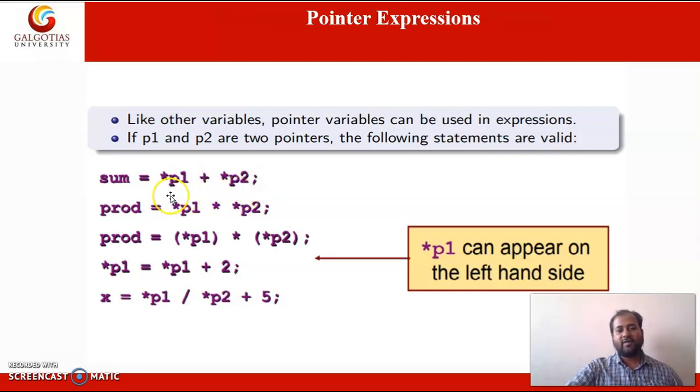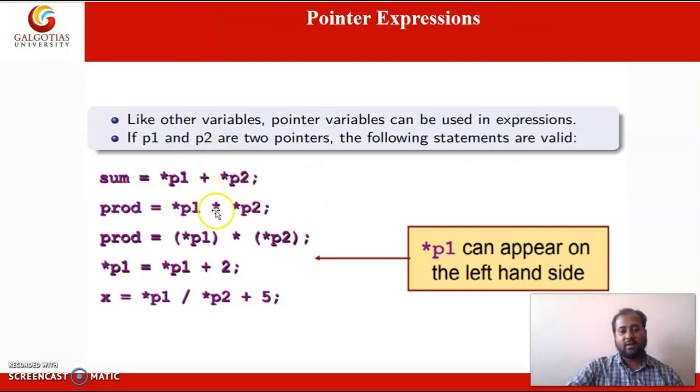Star p1 gives the value at the address of p1, that is, the value pointed to by pointer variable p1, and plus star p2 gives the value pointed to by pointer p2. So star means we are accessing the value of a variable by using the pointer variable.